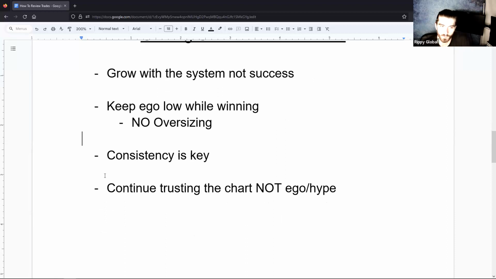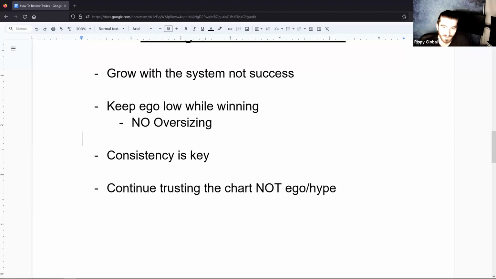Obviously, it's always 50-50. You can win, you can lose. There's really no in between unless you want to go break even. But you have to understand the chart is what's going to give you your outcome of a win or a loss, so you have to trust that. You can't let your head tell you, this is the setup, this is the one that can make me a lot of money, I'm going to go heavier than usual because I played this 4 times and it's worked every single time. A lot of the situations you put yourself in, it's the one time you try it different that it affects you. Just because it's worked 100% of the time, you think it's always going to be that way.